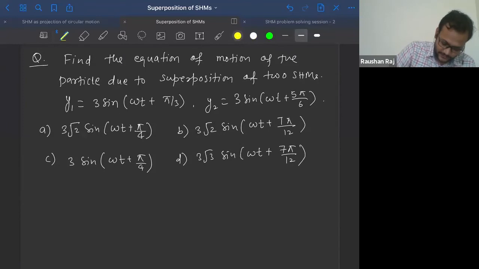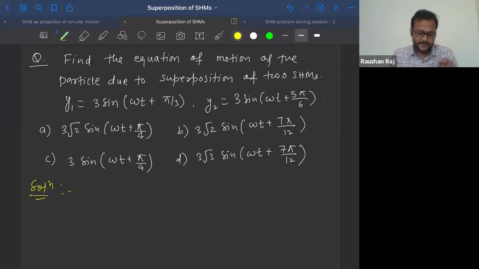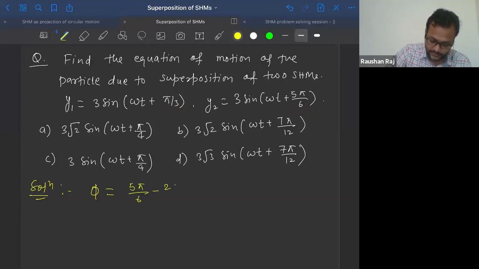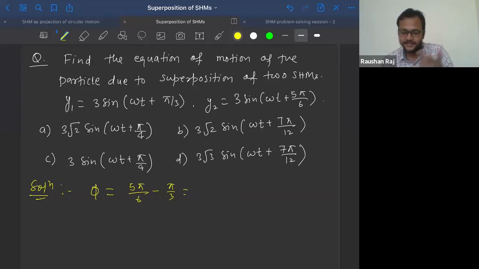So the solution for this question is as follows. Let us find the value of A first. Now, first, what do you have to check? Whether both of them are written in the same trigonometric function or not. Both of them are in the sine form. What is the value of phi here? Which is having the greater value? This is having the greater, this is having the smaller value. So phi will be 5 pi by 6 minus pi by 3. Pi by 6 is 30. 30 into 5, 150. Minus pi by 3, that is 60. 150 minus 60 is 90 degrees. That means pi by 2.